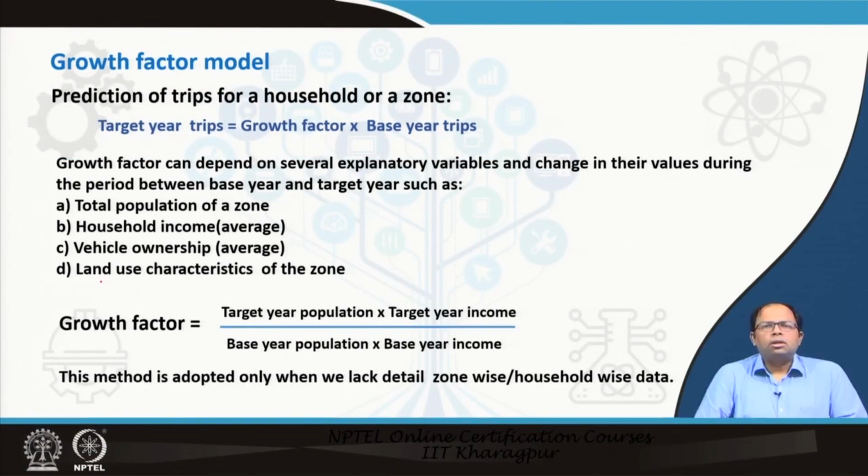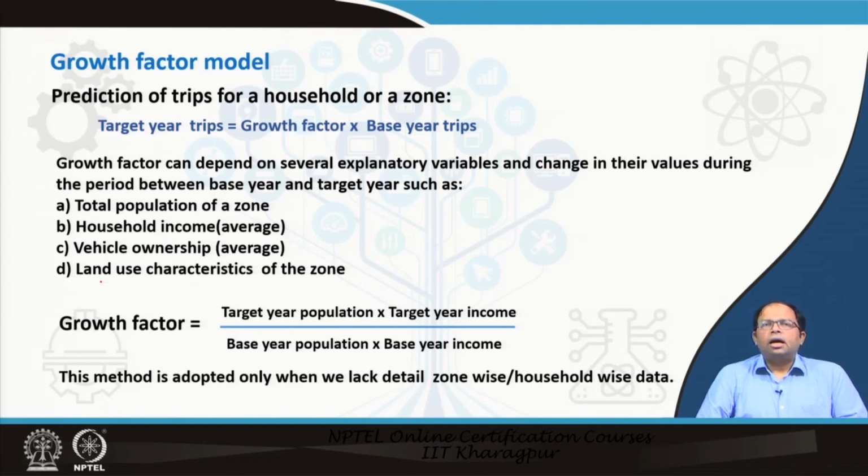The growth factor model is a very simple way of predicting trips for a household or a zone for a target year, and we do that by multiplying the base year number of trips, either produced or attracted to that particular zone, or, for a particular household, the number of trips produced by that kind of household group, by a simple growth factor. Now, the growth factors can depend on several explanatory variables and changes in their values during the period between base year and target year, such as